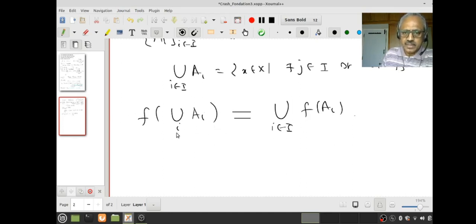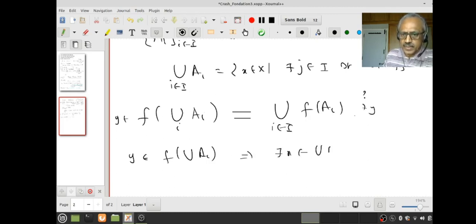So let us start with the left-hand side. Start with an element y. I have to prove y belongs to this. Right? Let us do that. So y belongs to f of union A_i. What is the meaning? This means there exists x in union A_i,